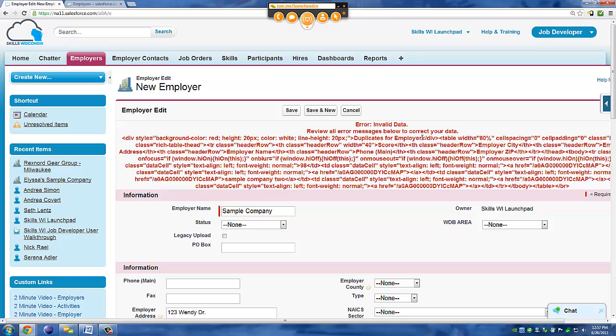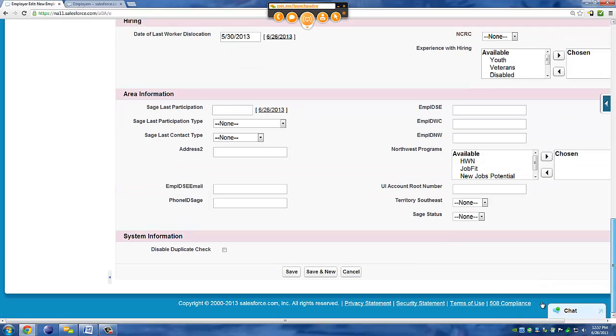So usually at this point, if you're creating a new employer, you would then want to take this employer name and plug it into the search bar up here to find that employer record, so you can then edit the employer record instead of creating a new one. But for demonstration purposes, I'm going to disable this check and just